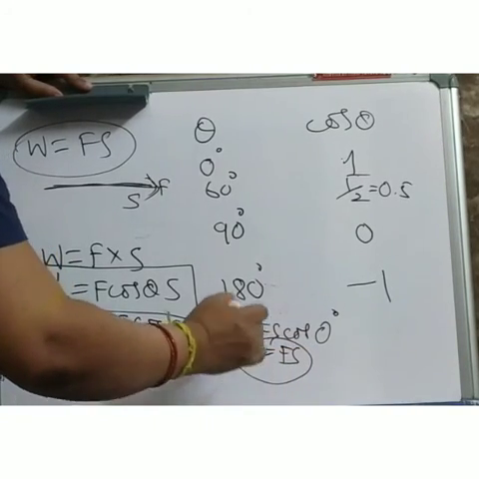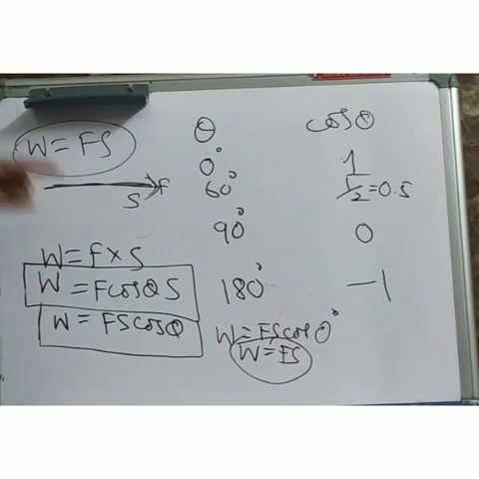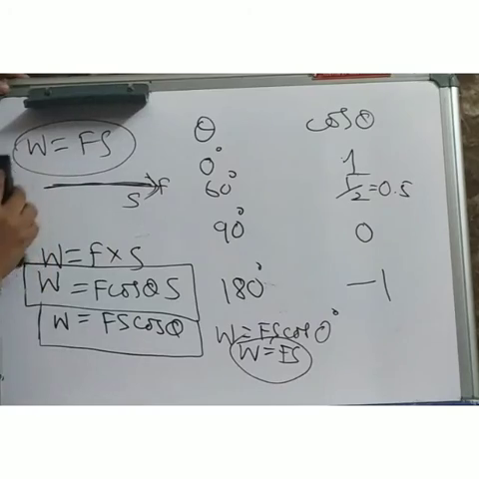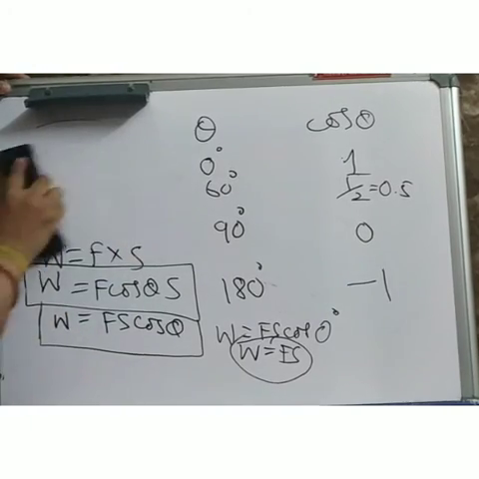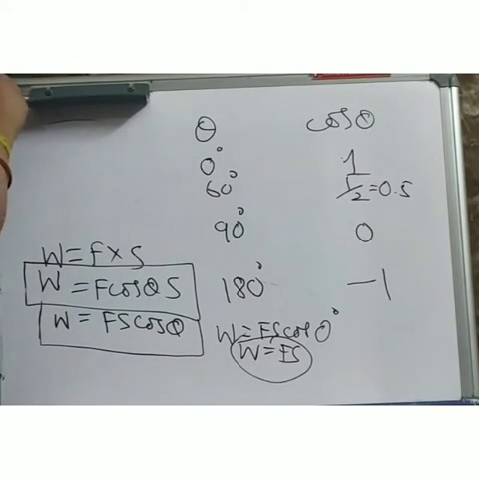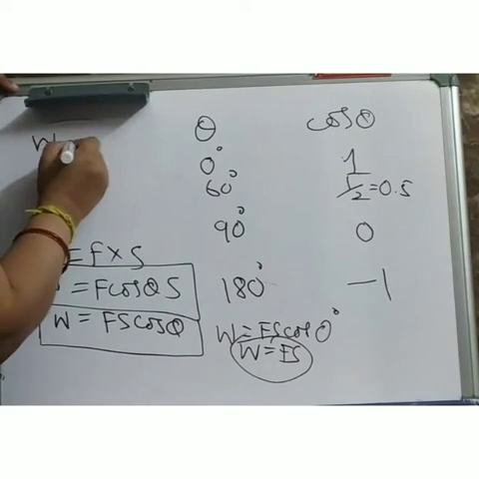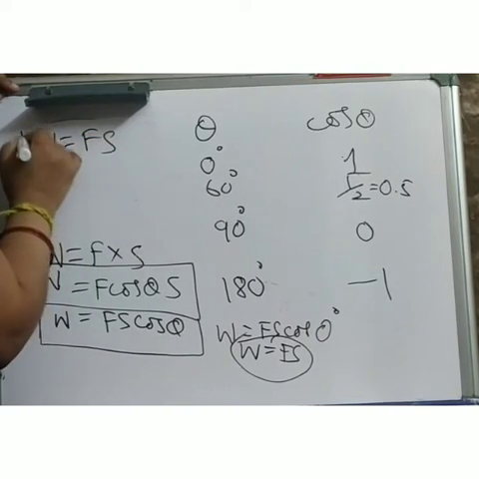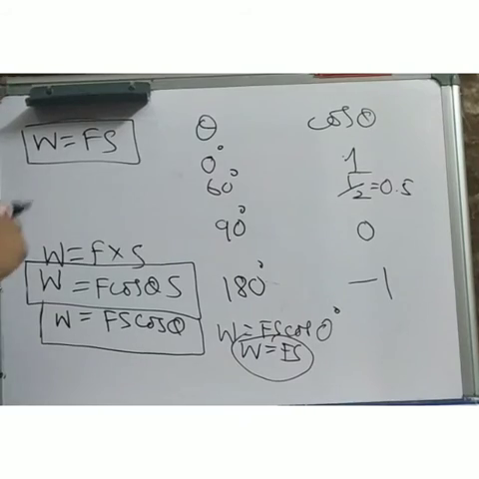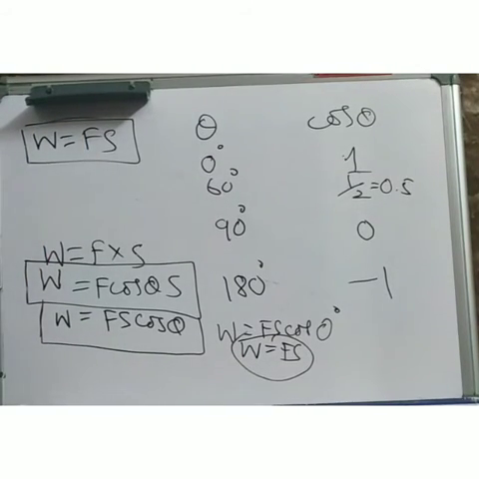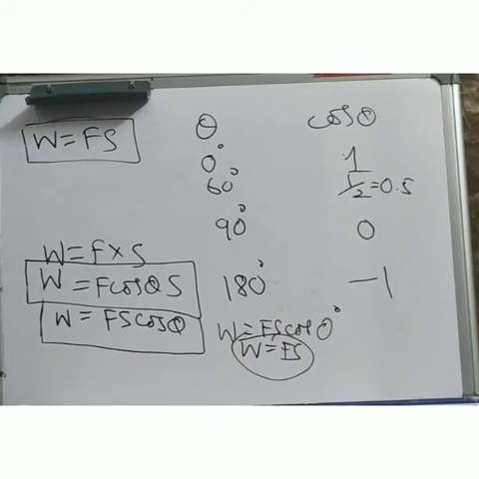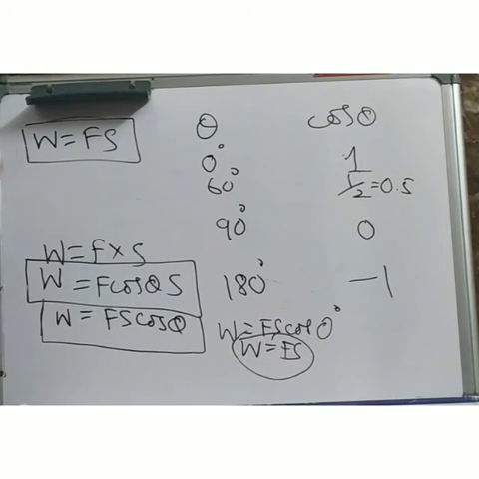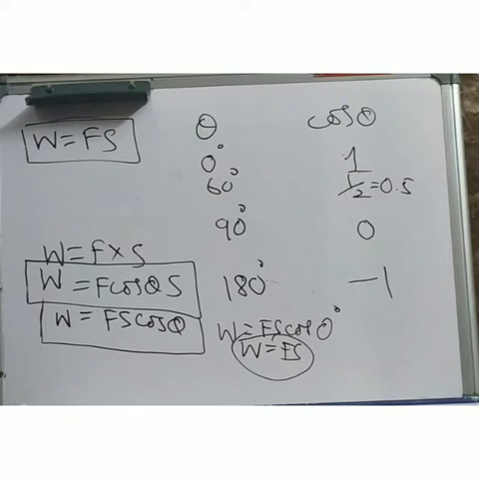W becomes now Fs. So this is your positive work. Clearly you can see now F into S. Can I write it more clearly? So now W is equal to Fs when theta is equal to 0. So clearly it is a positive work. What we have studied till now with the concept, mathematically also we are again realizing the same thing.